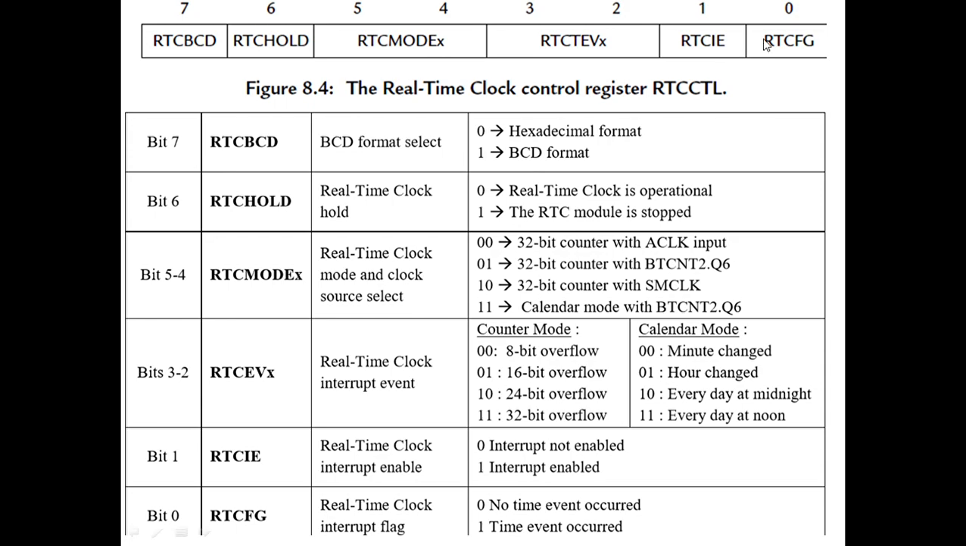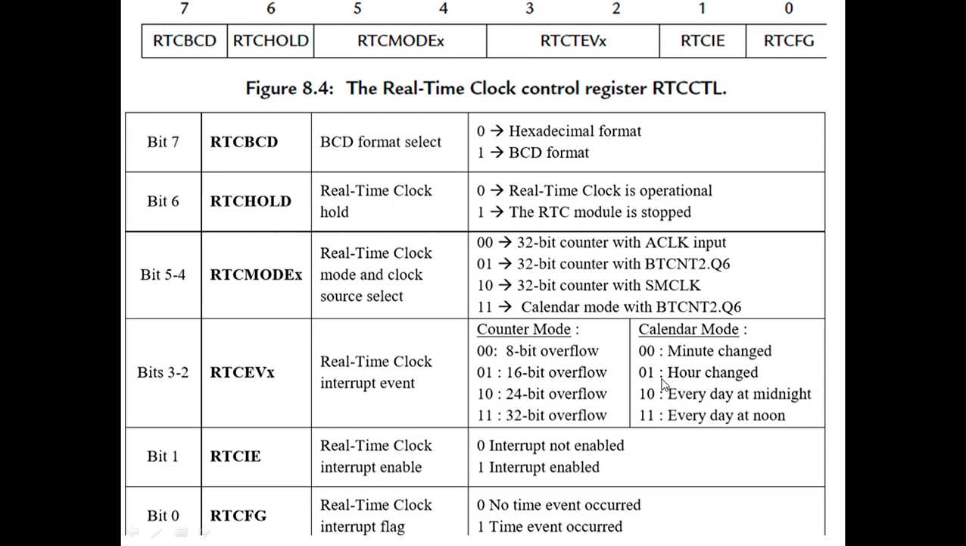by giving these values, a timer event means the real-time clock flag value is 1. To enable the interrupts, the real-time clock interrupt enable value is 1. If you want to select the event on a particular mode, we can give the values. 00 indicates 8-bit overflow, 16-bit overflow, 24-bit overflow, like that. Similarly, in calendar mode, if you want to change the minutes, the value is 00, 01 indicates hours will be changed,